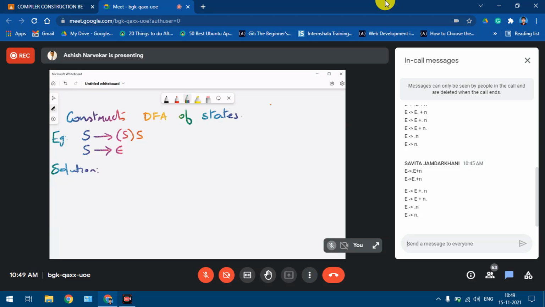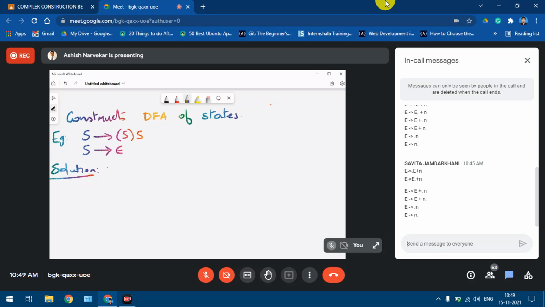Till now we were just learning some terminology and concepts. When we want to solve an example wherein we need to check whether the given grammar is LR0 or not, considering the exam point of view, the question could be: check whether the given grammar is LR0 and parse the following string. Something of this kind can be asked.